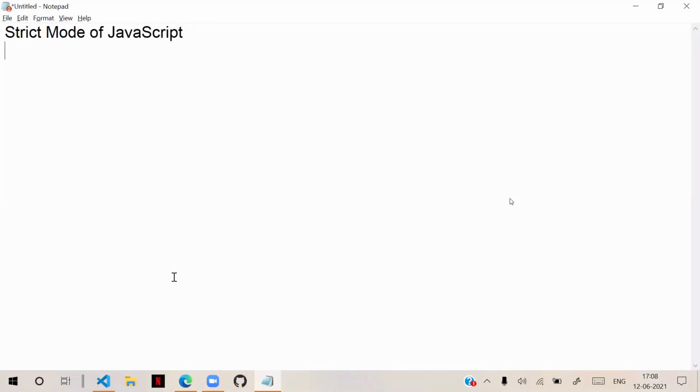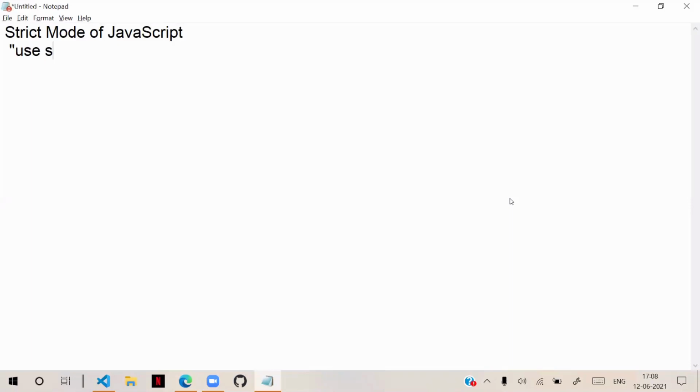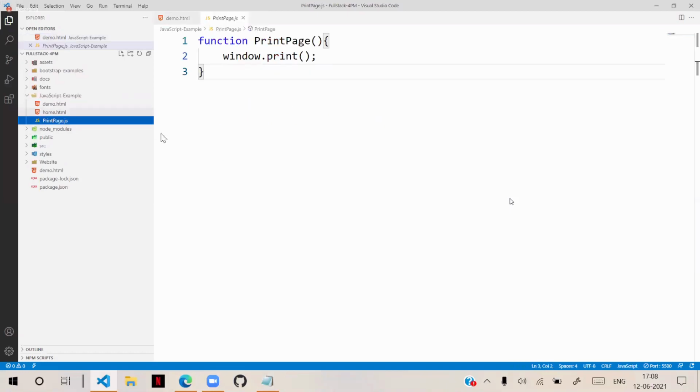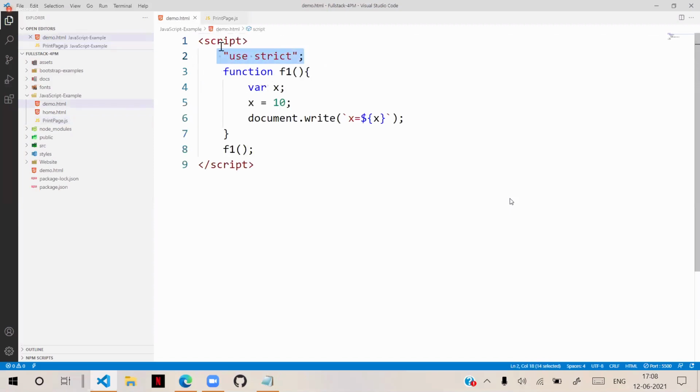Technically, when you are working with JavaScript, how do you write strict mode? By using "use strict" and a semicolon. If it is in a separate JavaScript file, before starting the functions we write "use strict" like this. If it is embedded, you can write it above the function in the script element.